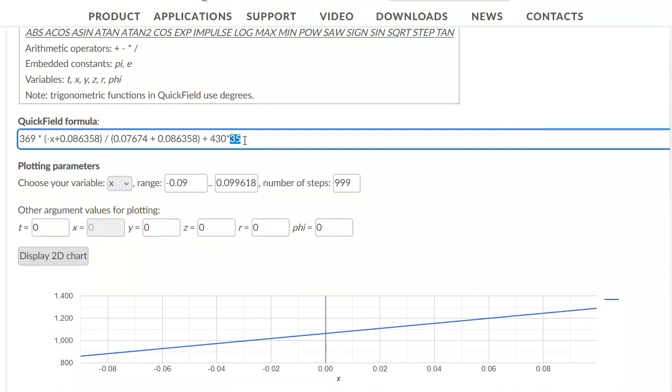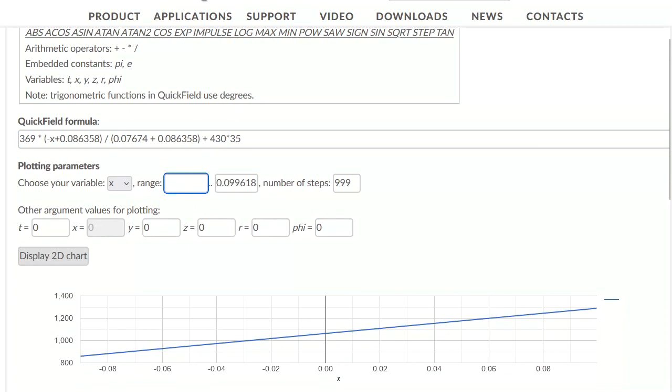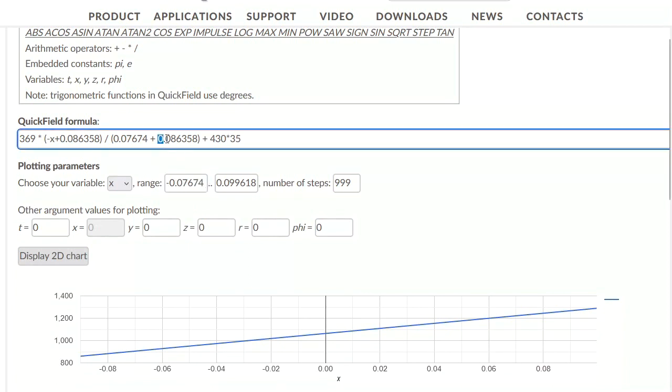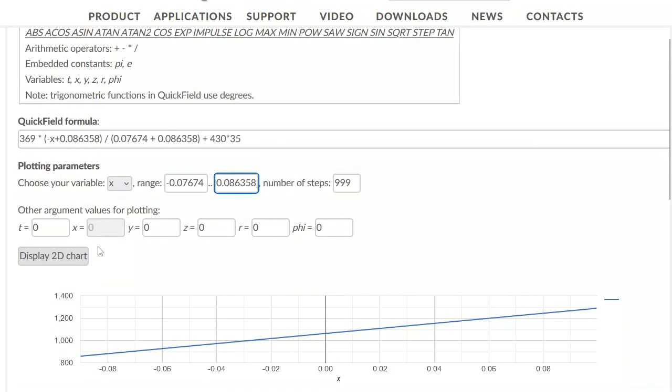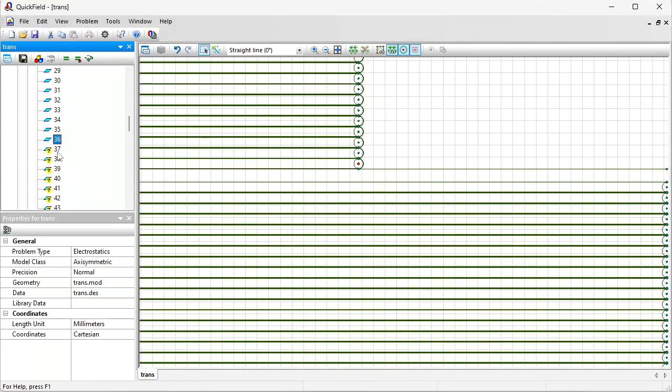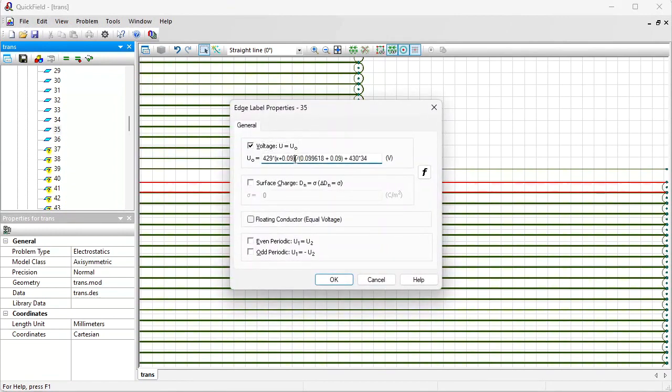This is the electric potential rise provided by the first 35 layers of the winding, and in this shorter layer the potential rise should be 369 volts. The winding dimensions are the following, from this value till this value. Display chart. Okay, and for the 37th layer I'm going to copy this,